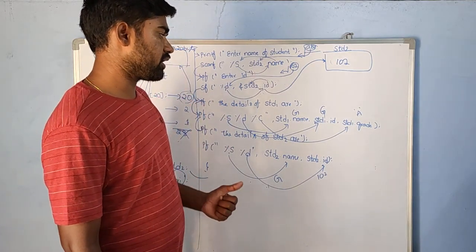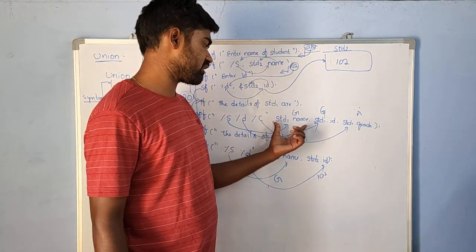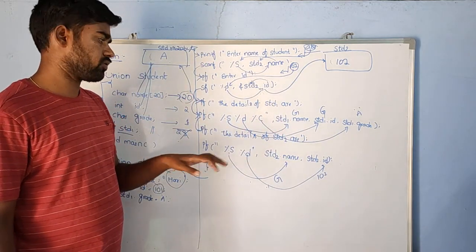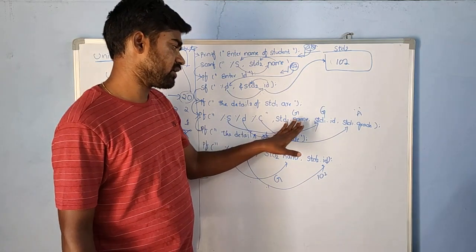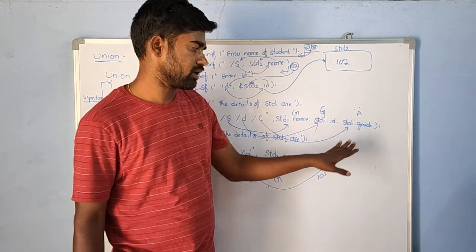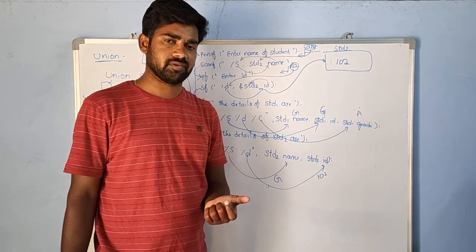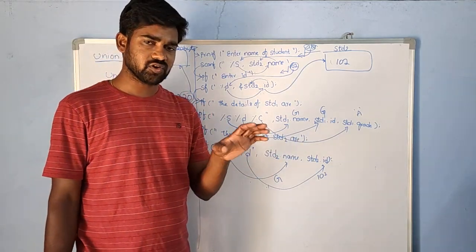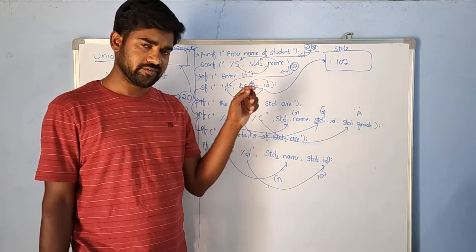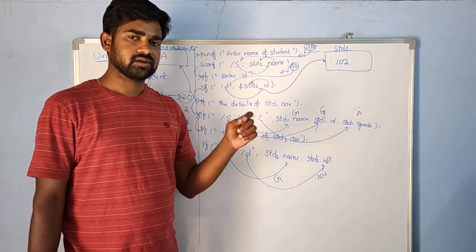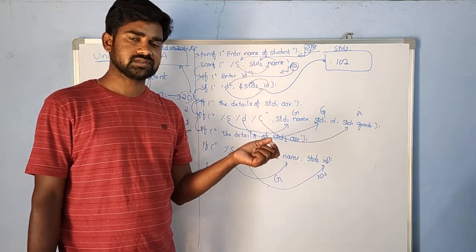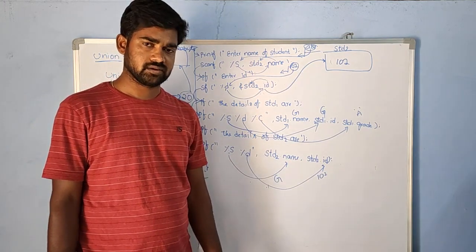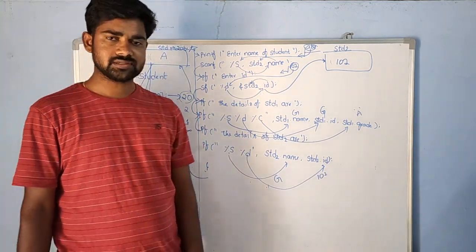So in a union, all this is done by sharing common memory. Why is it happening? Name, id and grade are sharing a common memory. So whichever value is entered last is going to be stored in the shared memory location. If you try to print those members, what will happen? The member having the last value is going to be printed. So these are about the unions. Thank you.